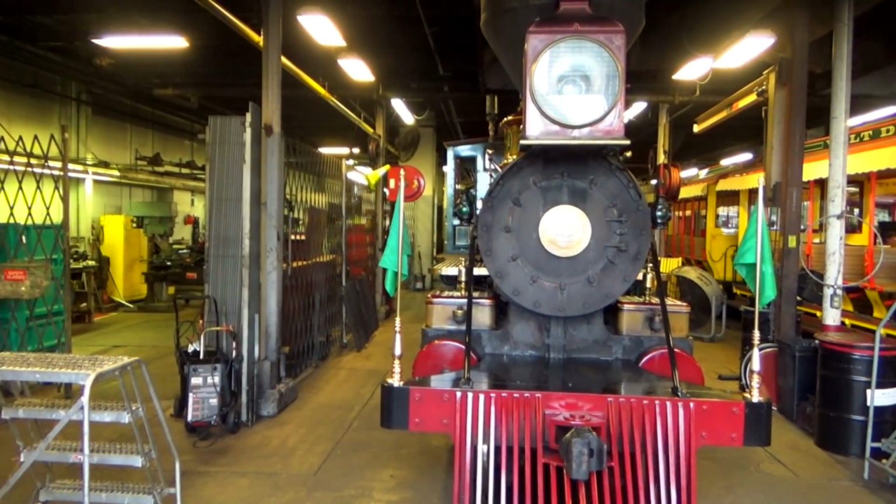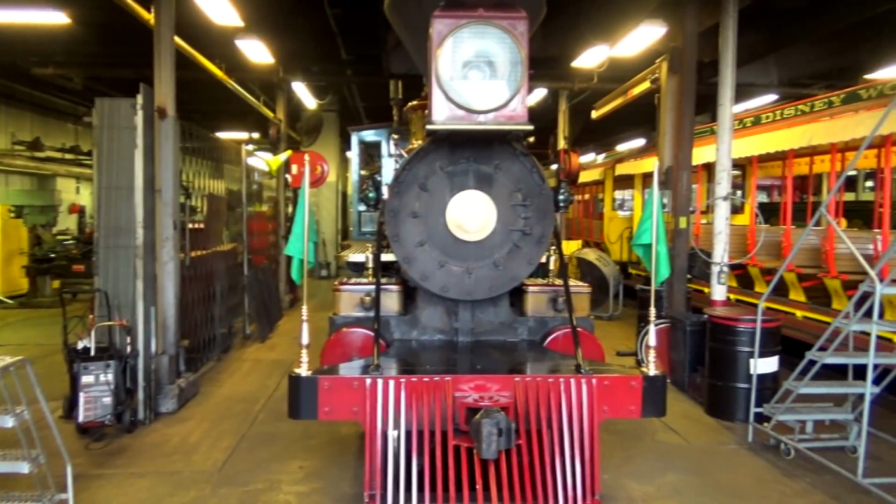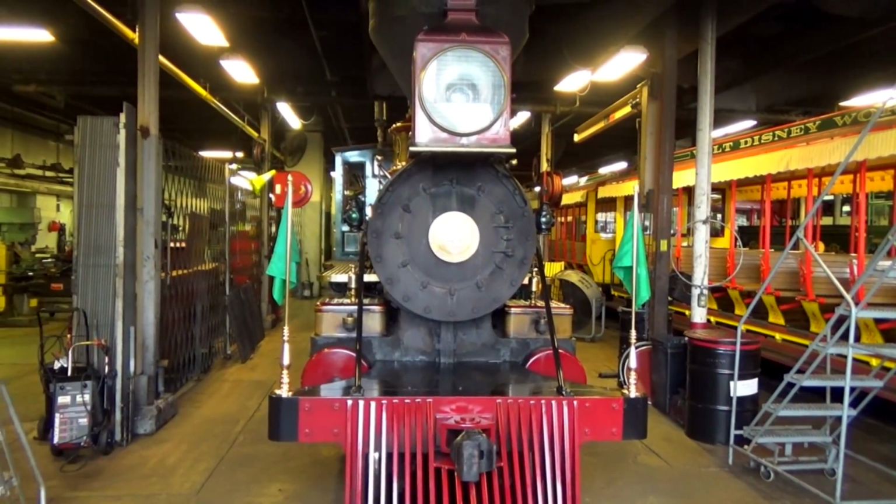You may notice these stop signs that you see on the ground here in the yard. Those stop signs are in place for the cast members who work on the railroad. For the morning check, the engineer will hold these cars on these